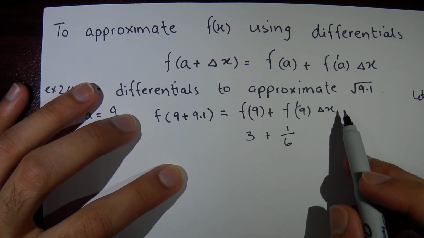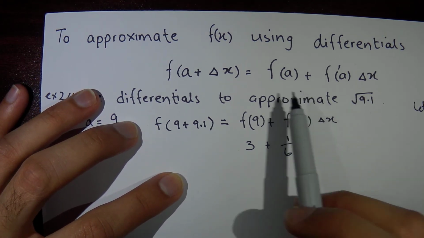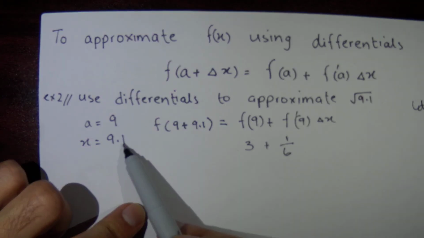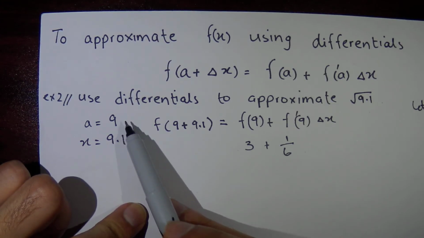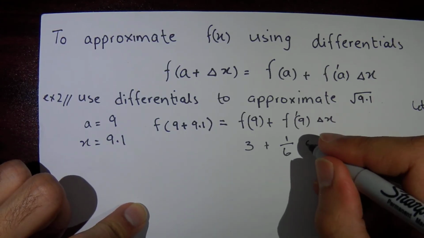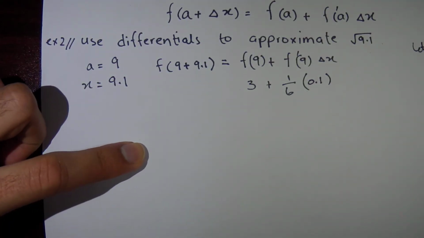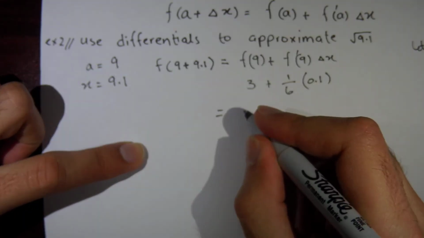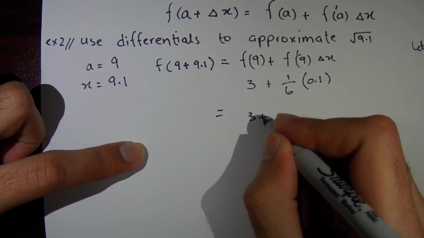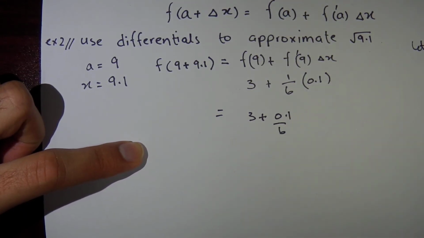Delta x again is going to be a subtracted from x. 9.1 minus 9 would give us 0.1 for delta x. Just like we did in linearization. We're left with just numbers, and now we're on to simple arithmetic. So 3 plus 0.1 over 6, if we're going to add that, we get